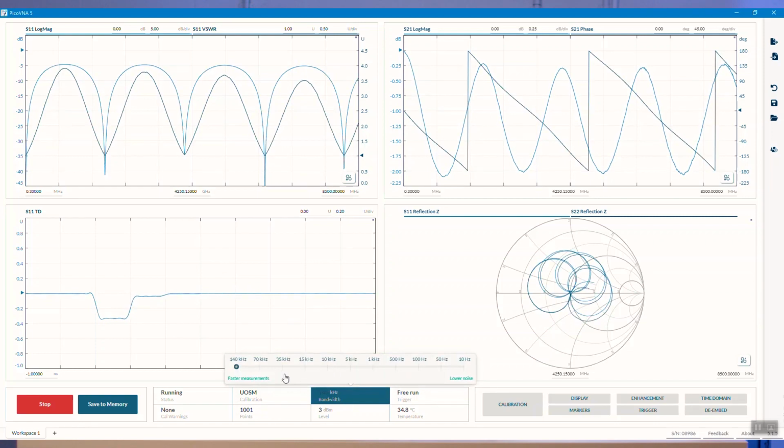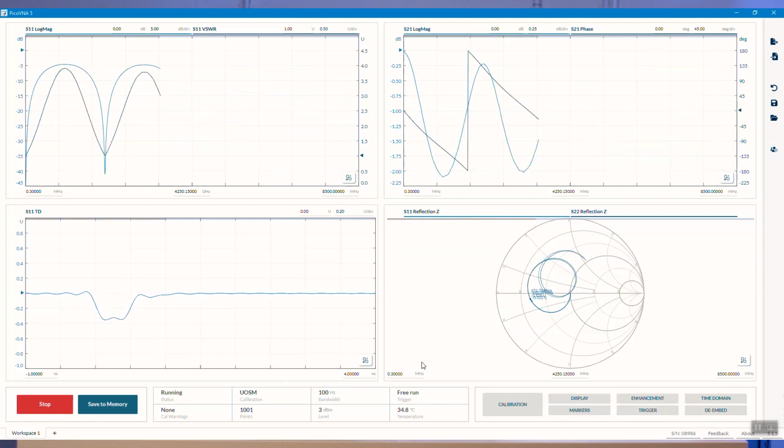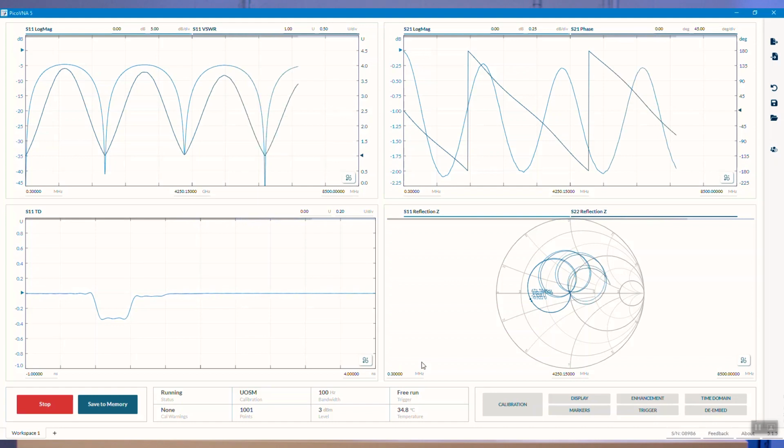Let's slow things down or deepen the dynamic range, and now you can see we're at 100 hertz, which we all know and expect to be somewhat slower in a measurement, but our dynamic range has improved dramatically, of course. Not that this particular network requires us to have a very high dynamic range.